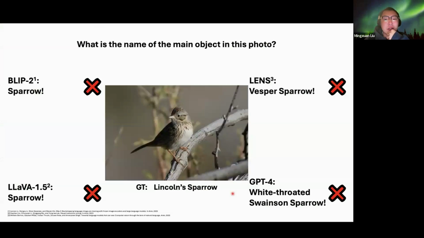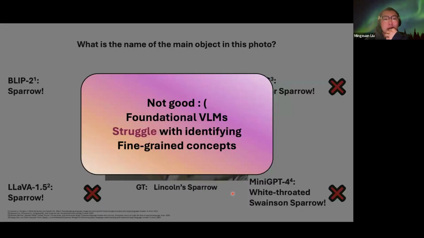We did some explorations. When we send these kinds of fine-grained images to these foundation models, usually the results are pretty bad. This is because these foundation models do not have clear guidance to focus on the fine-grained details in the image